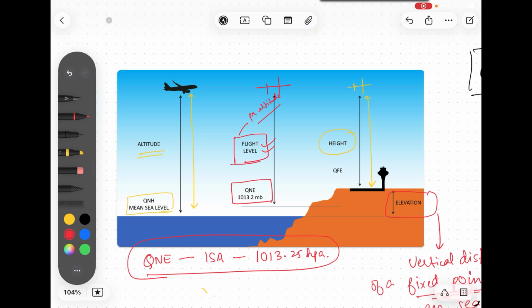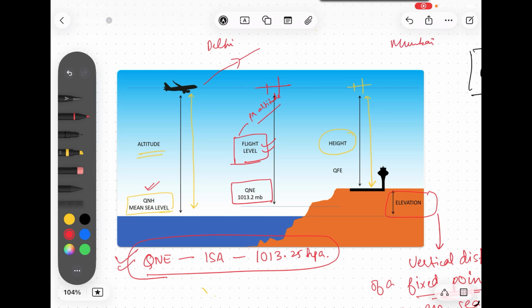In that case I need to know where I am with respect to the standard set value, because the other aircraft are also flying on those set values. If I'm taking off from maybe Delhi today, I'll set QNH initially, because I would want to know where my aircraft is, what is the elevation of that city, for example. But after I cross Delhi, I'm out of Delhi, going from Delhi to Mumbai,